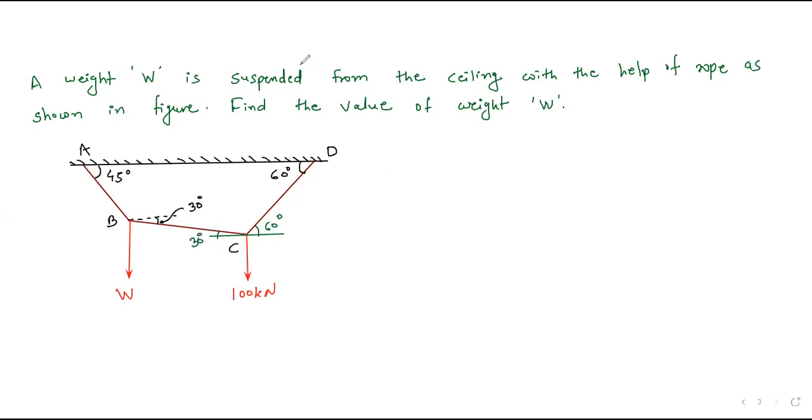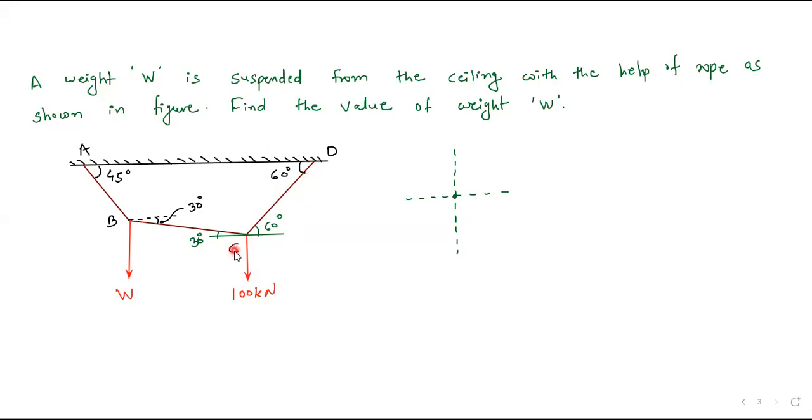Now if I draw the free body diagram of this point C, I will draw it with dotted line first. This is the horizontal line. Always draw the horizontal and vertical line first when you show the free body diagram. This is the vertical line and this is my point C. Now see, this is the string CD, and a string always carries tension. String means rope.